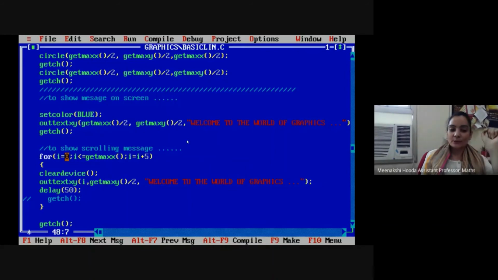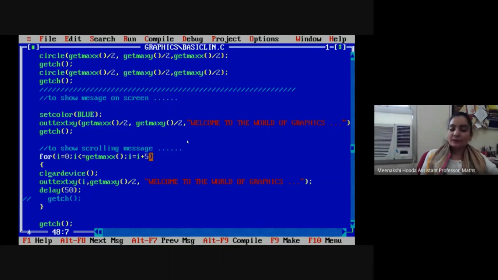We are starting it with 0, so the message will start displaying from the leftmost point on the screen, and then it will reach up to the rightmost point. Get max x, it will reach up to the maximum point in the right, and then we are increasing it by 5. This is the step value that we are using to increment the x dimension.